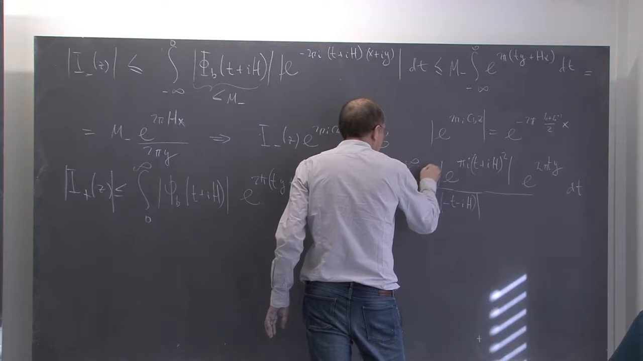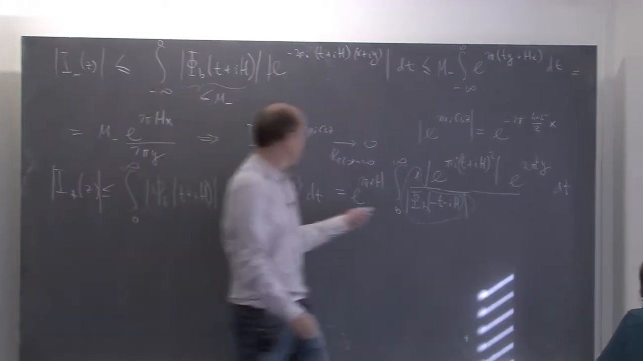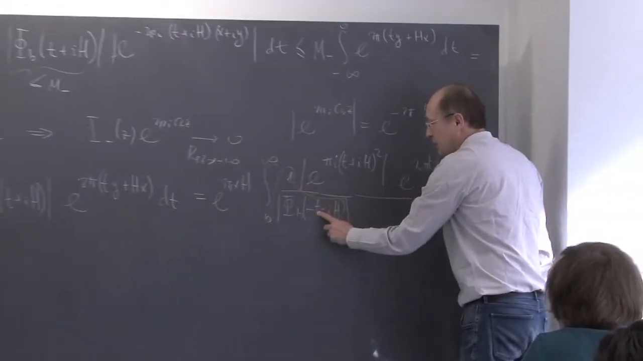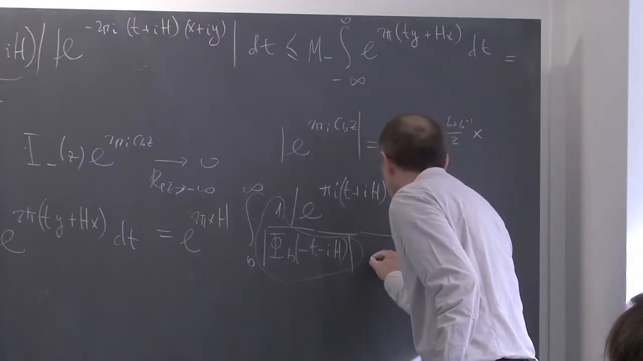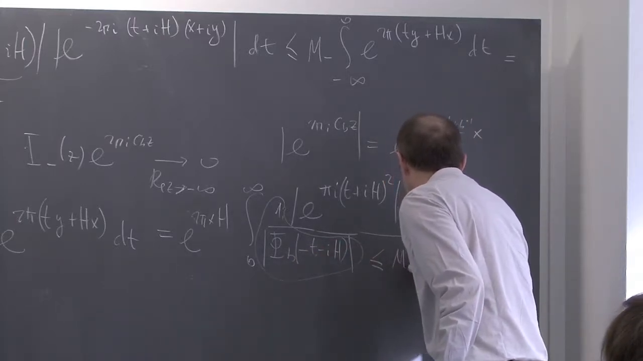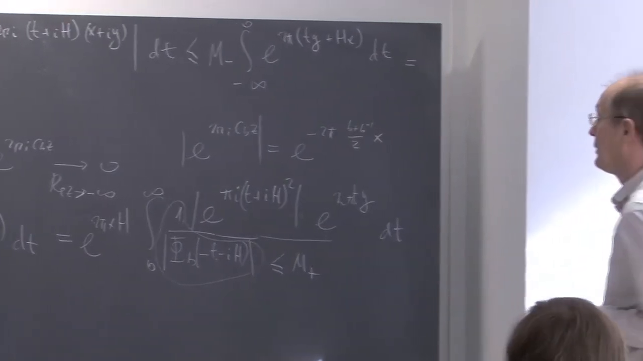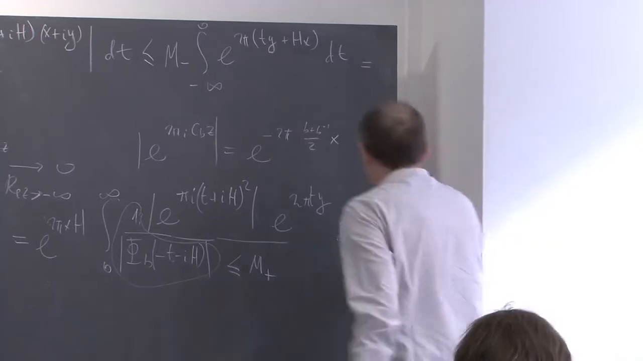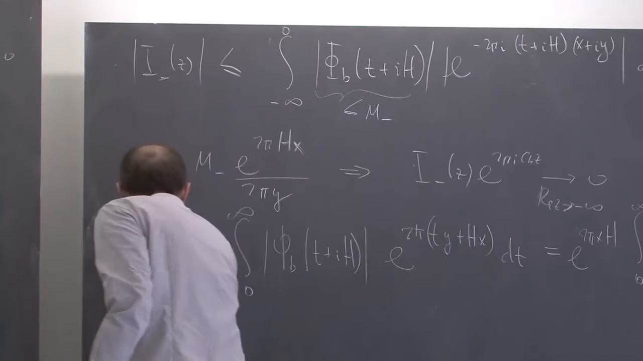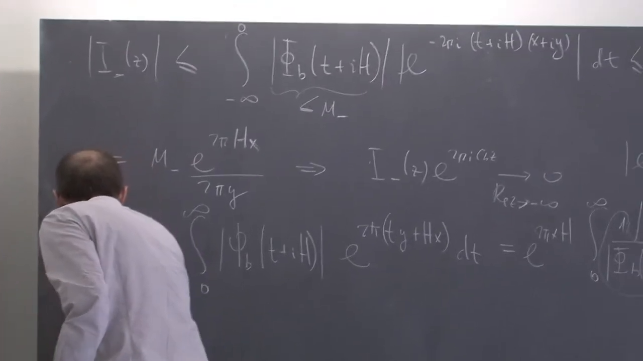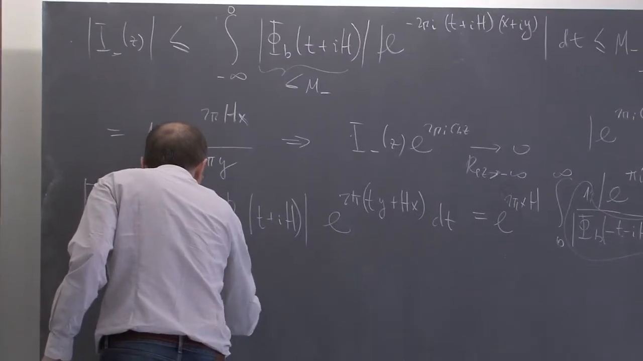Okay, so this part stays bounded because t goes to plus infinity, so the argument of phi goes to minus infinity, this goes to 1. So this is less than some m plus. So we can pull it away, and the rest we just calculate. So m plus less or equal m plus e^(2πixh),